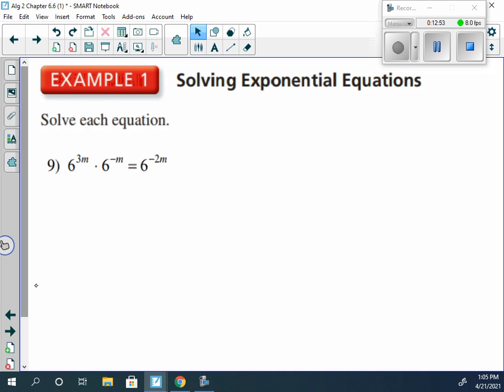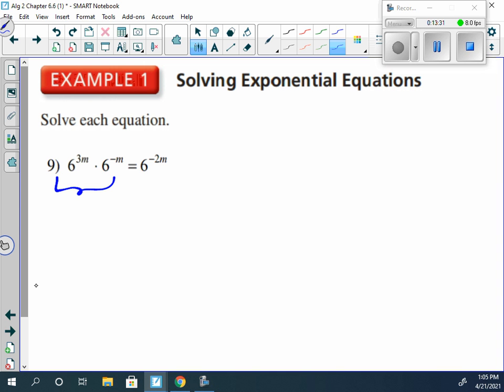Let's skip that one and let's look at this one here. We might end up skipping 2 because we do have that random homework question slide thrown in. So we're looking at this one here: 6 to the 3m times 6 to the negative m is equal to 6 to the negative 2m. Well, we have 3 bases, but they are all the same, yes? So for our 6 to the 3m times 6 to the negative m, the bases are the same,